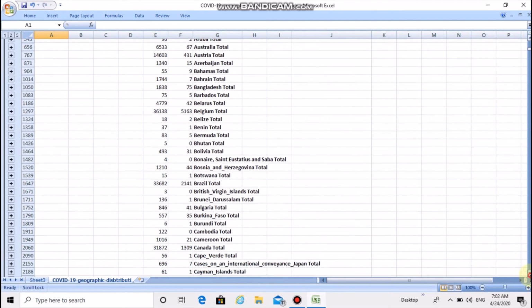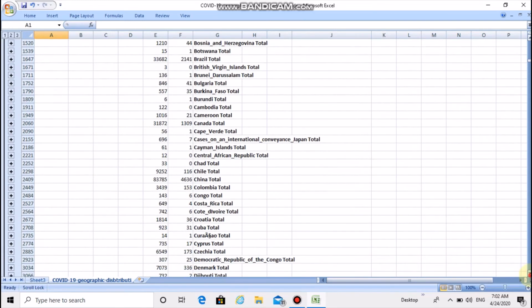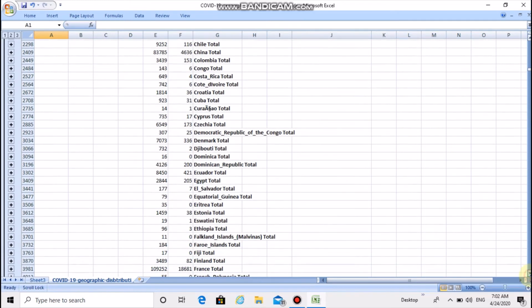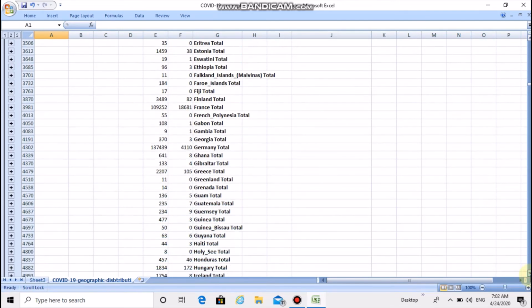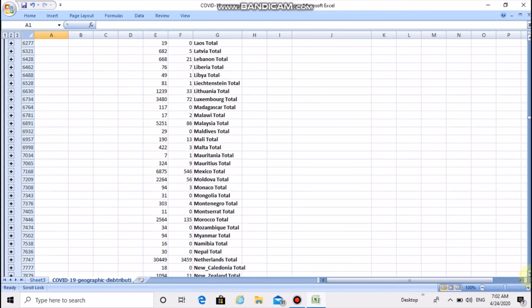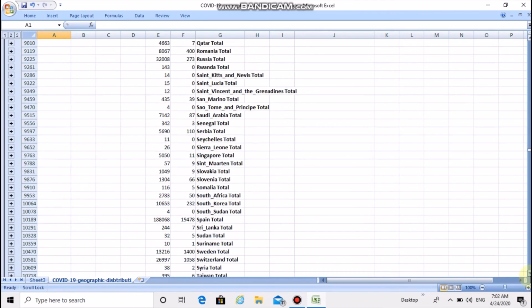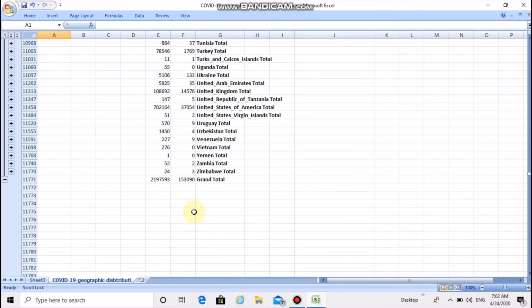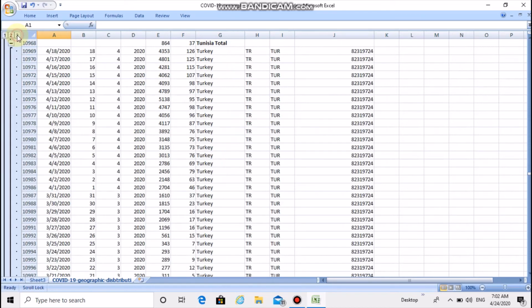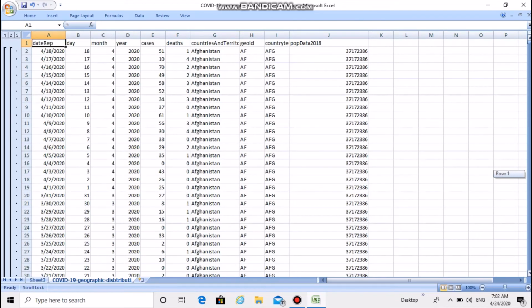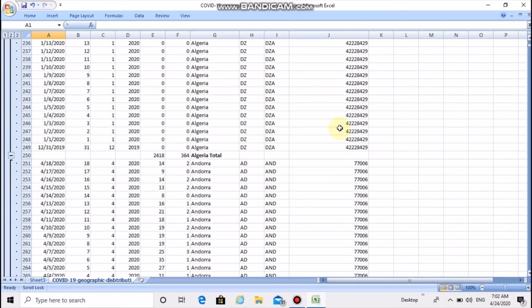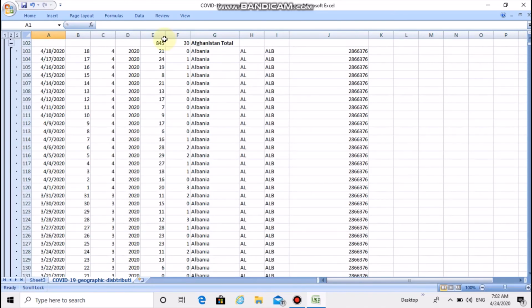Is it possible for us to do individually in no fraction of time? It is difficult, correct? So please use this option, subtotal. See how beautifully it is showing for each country. Okay, right. At the end, it's showing grand total also. Then if you click on the third option, it will show the full data with subtotals. For example, Afghanistan, see here, subtotal is coming, correct? So each country wise subtotal will be coming. See, Afghanistan subtotal is coming.